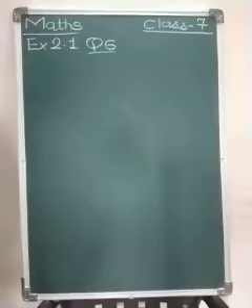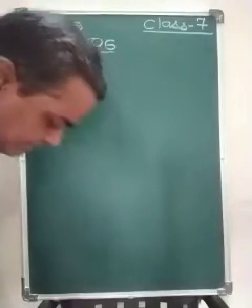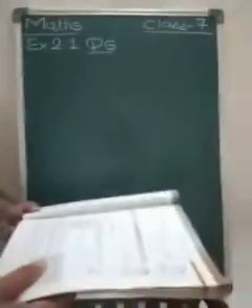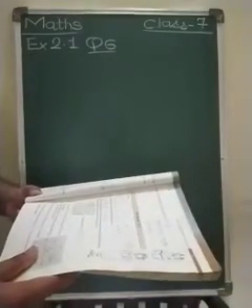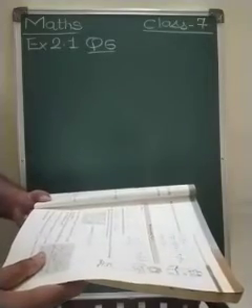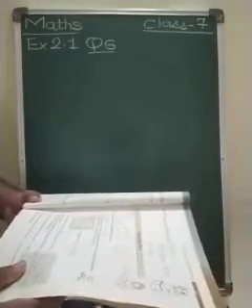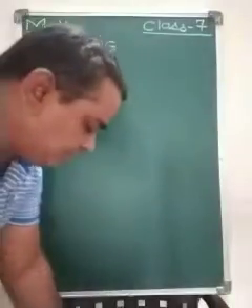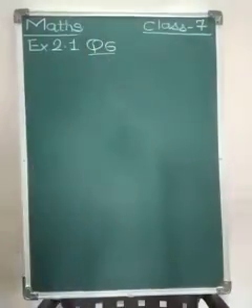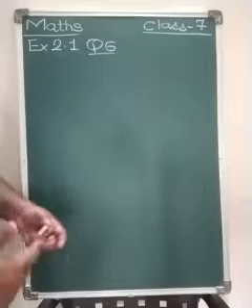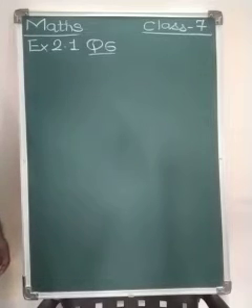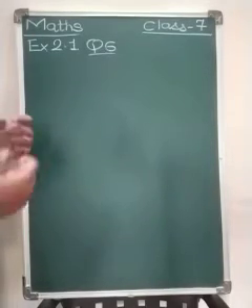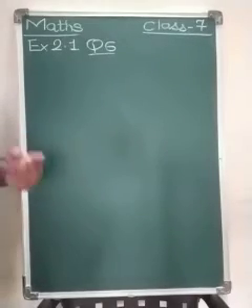Question number 6, I will read the question for you. Salil wants to put the picture in a frame. The picture is 7 upon 5 centimeter wide. To fit in the frame, the picture cannot be more than 7 upon 10 centimeter wide. How much should the picture be trimmed? Now only the width is given. The width of the frame is 7 upon 10 centimeter, and the width of the picture is 7 upon 5 centimeters. So we have to trim the picture so that it fits into the frame.